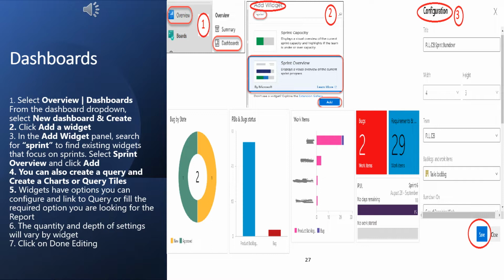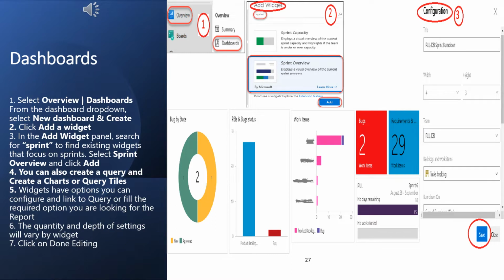You will click on configuration, you will get the title, meaning what kind of dashboard you want to reflect for your team. You can choose that. You can also set their size, width and height.